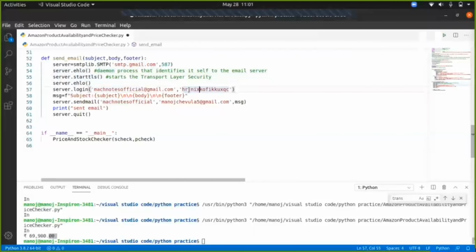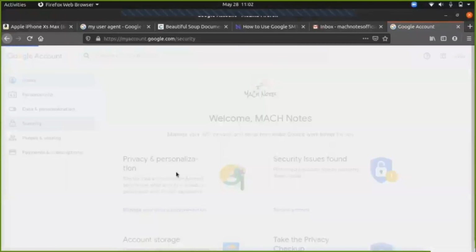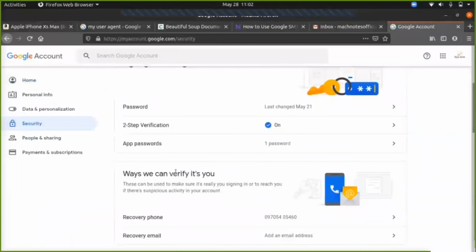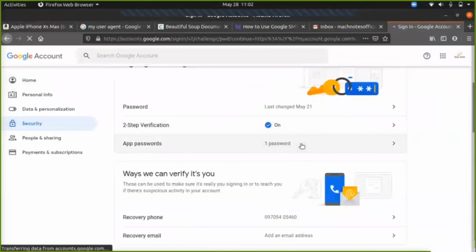The next one is server.login. Call server.login. Use your mail ID and password. Since we have two-step verification, to reduce the security a bit, I'm going to set an app password. Go to Gmail account, then go to security. Under password, select app passwords.